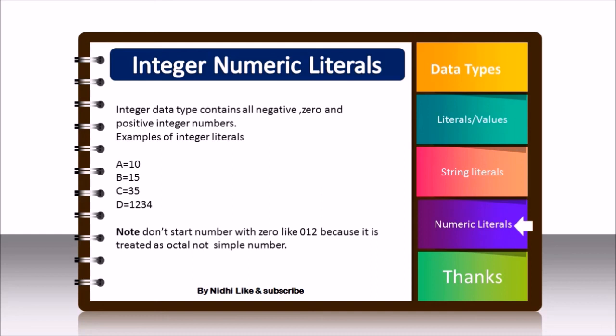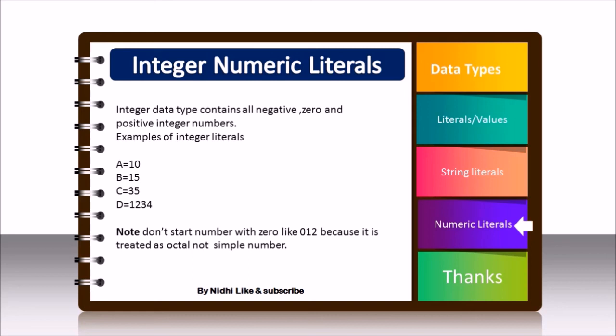Now you have to notice that whenever we are writing integer literals, don't use 0 before any number, because if you write it that way, it is converted into an octal number. It is not considered as your normal number. There are 3 types of number: decimal, octal, and hexadecimal. So it is considered octal, and that has a different value compared to normal numbers. Don't just skip that. If you want to store in octal, then you can use it, otherwise just leave that. These are the valid examples of literals.